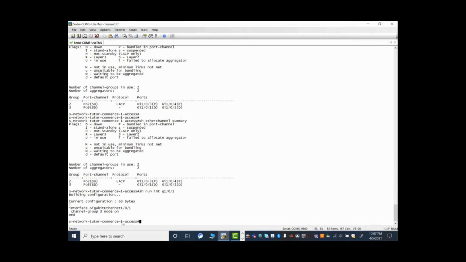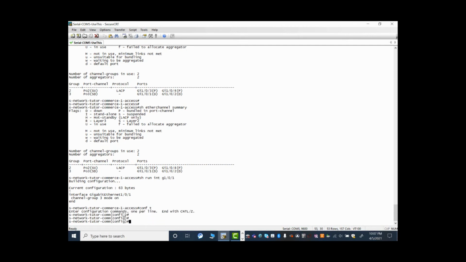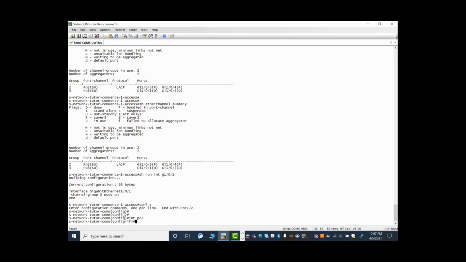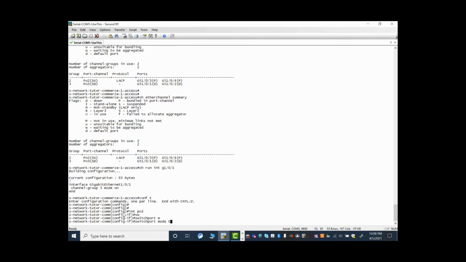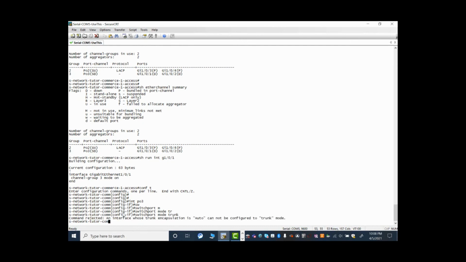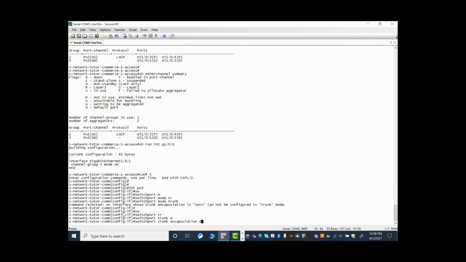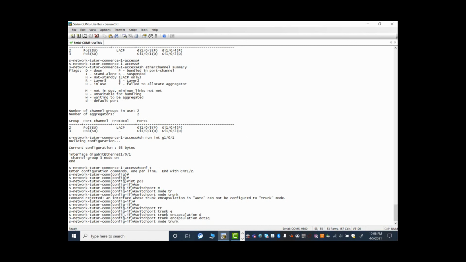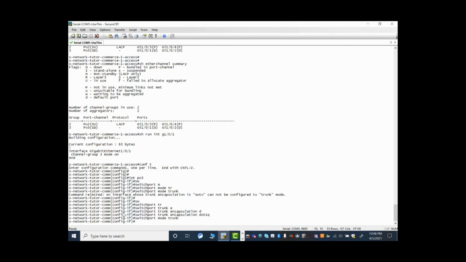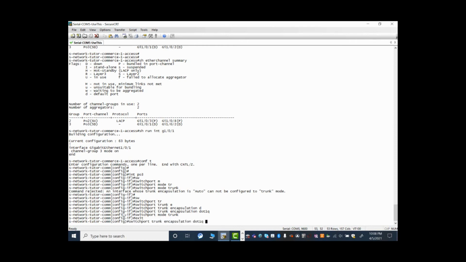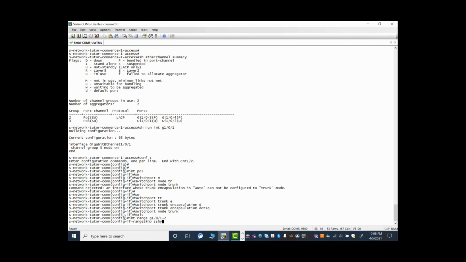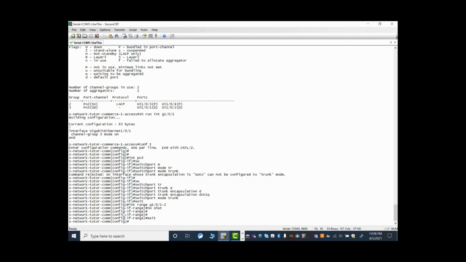Okay, I don't see the channel configuration, so let's go to int Po3, switchport trunk encapsulation dot1q, switchport mode trunk. Exit. No shut. Show